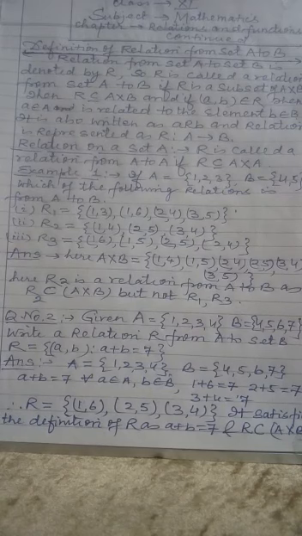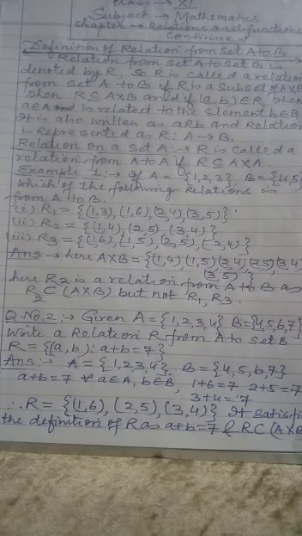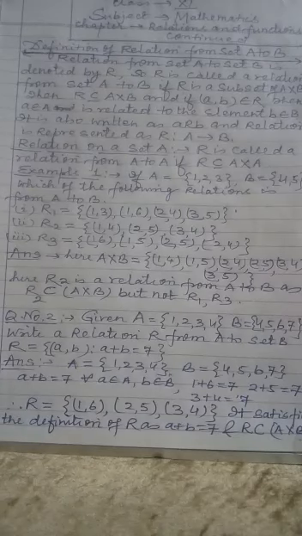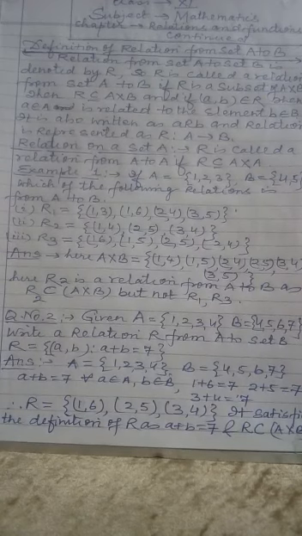So you have to discover those elements from A and B whose sum is 7, as the definition of R requires. So here a plus b is 7, where a belongs to A and b belongs to B, and you clearly see from A, 1 plus 6, where 6 is from B, it is 7; 2 from A and 5 from B also makes 7, their sum; and 3 plus 4 is 7. And the rest of the elements, if you take from A cross B, their sum will not be 7. So hence R is defined here from A to B as {(1, 6), (2, 5), (3, 4)}. These ordered pairs satisfy the definition of R.